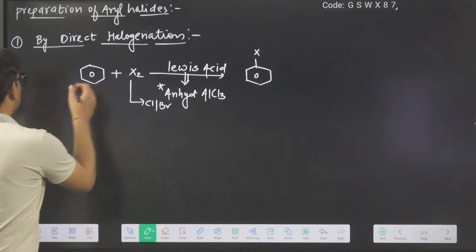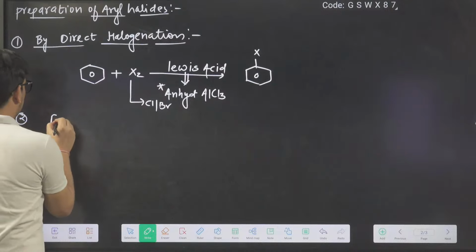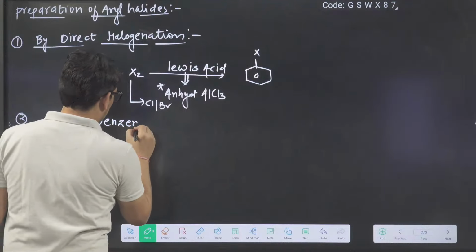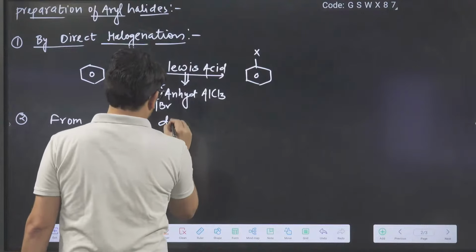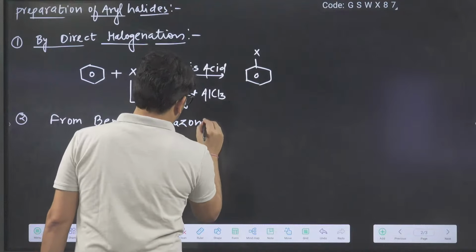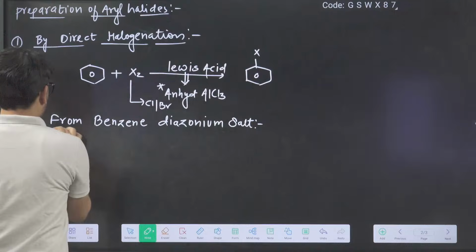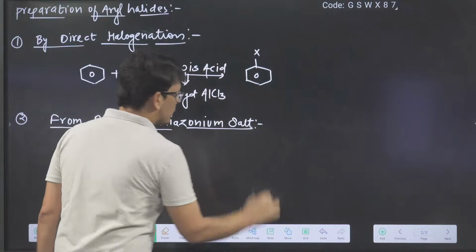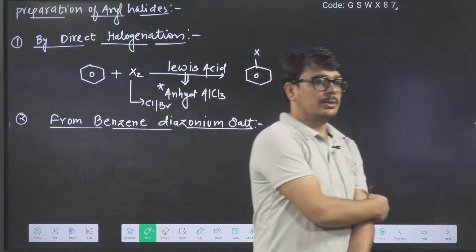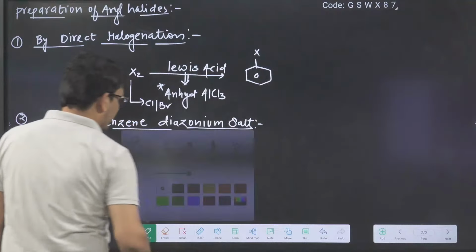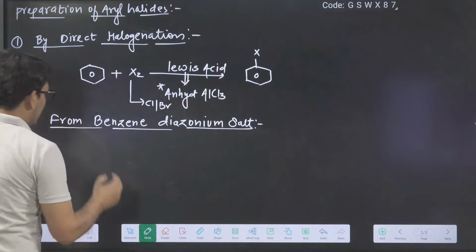Means direct only. Second reaction is from benzene diazonium salt. What I am saying here, second precursor is from benzene diazonium salt. So what is benzene diazonium salt? That everyone knows. When 1 degree aromatic amine,